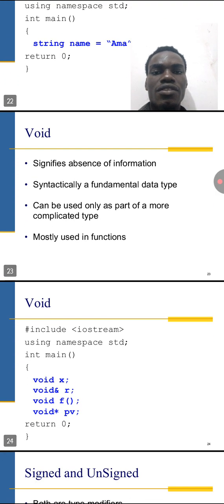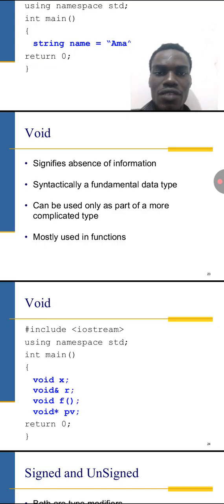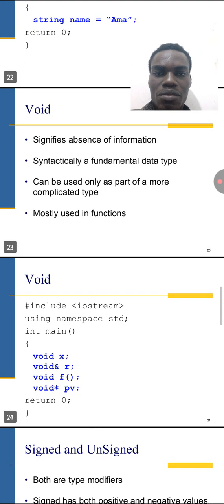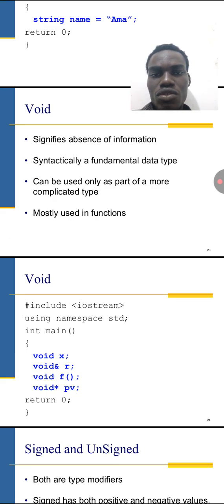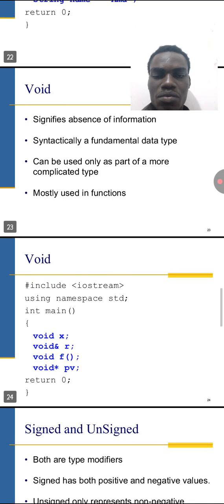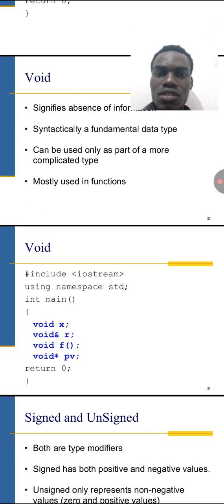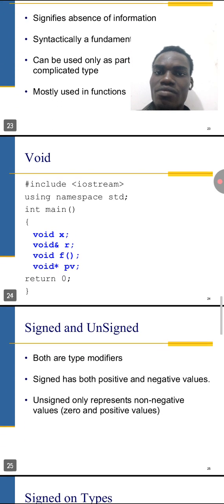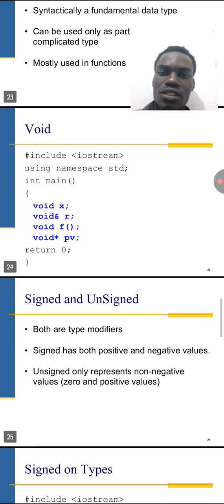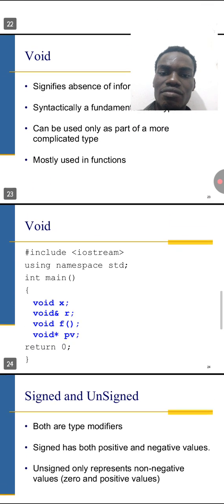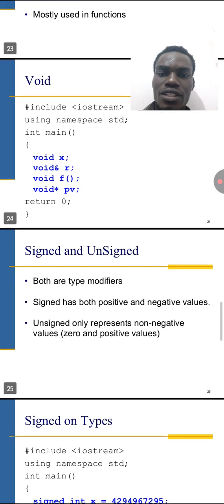Now let's look at the void. So void signifies absence of information. Syntactically it is a fundamental data type. It can be used only as part of a more complicated type, mostly used in functions. So yes, a void type. As you can see,